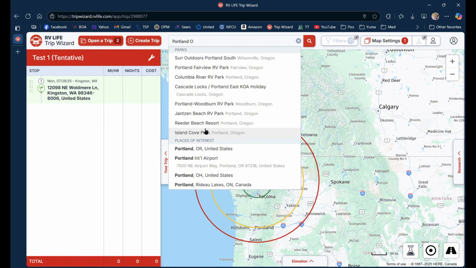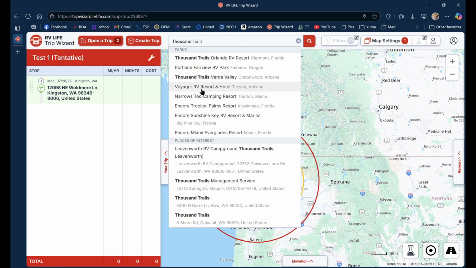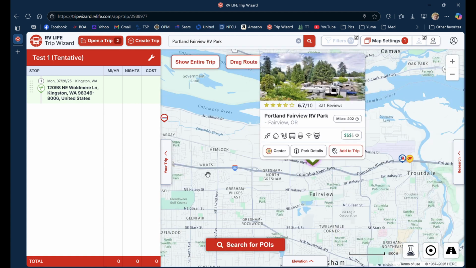And you can actually pick a park that you know that you want to go to, or you can pick the place of interest or the airport, wherever it is. If you know the name of a park, you can just type in the name of a park you want to go to. Let's see. Maybe I'll do Thousand Trails, and the closest one in Oregon, it looks like, is Portland Fairview. All right,